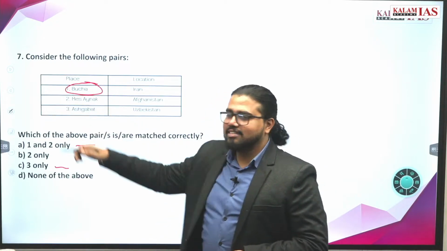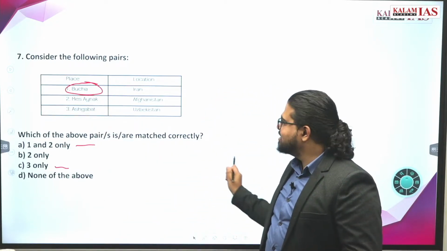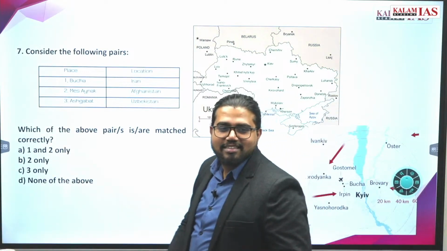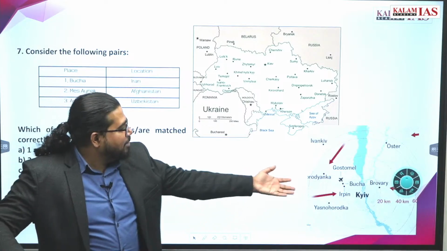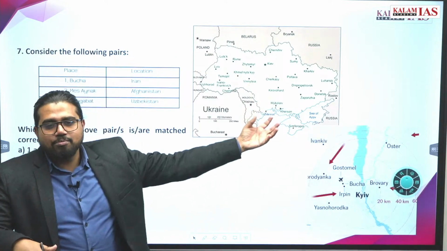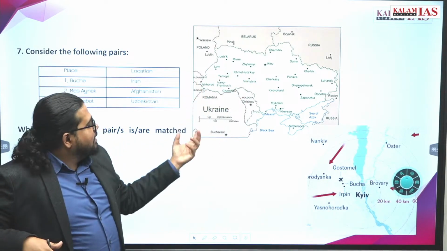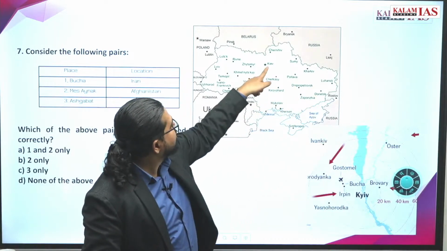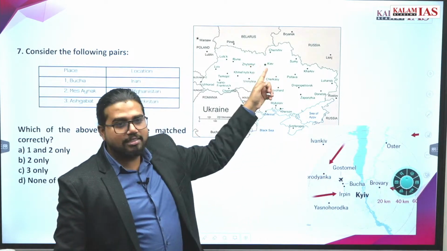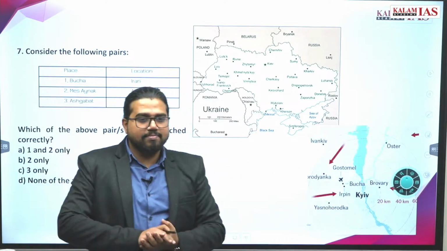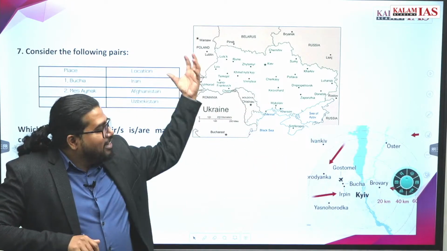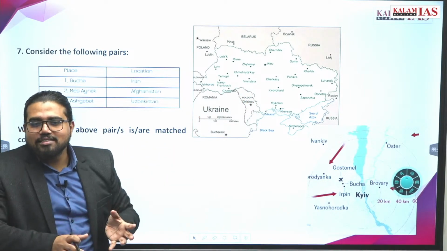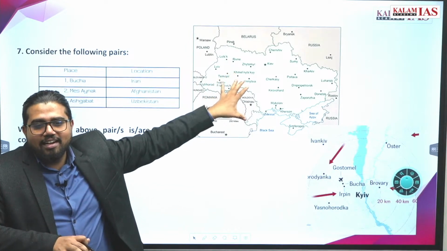Bucha is in Ukraine. At least go and learn all the Ukraine cities. Go and learn where the bombing is happening. What is the capital of Ukraine? All these things can come: which are the neighboring countries of Ukraine, which sea has access with Ukraine. Bucha, Kyiv, something very near to it, is not on this map. So go and learn this map very correctly. At least whichever countries you see in the news, take a note of it and learn the map.